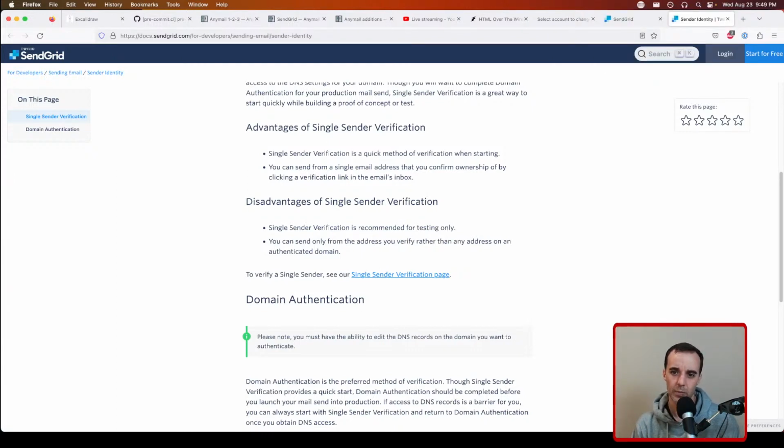Advantage is a quick method. Well, I'm not after quick, I'm after right in this case. And you can send from a single email address that you confirm ownership of by clicking a verification link. Okay. And it may be that we end up doing single sender verification if the domain one requires changes that we